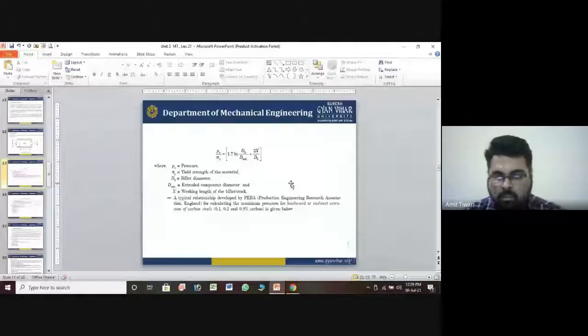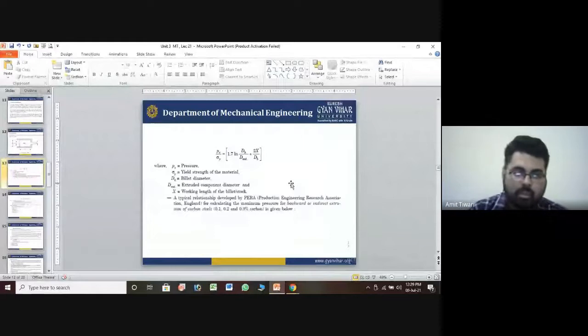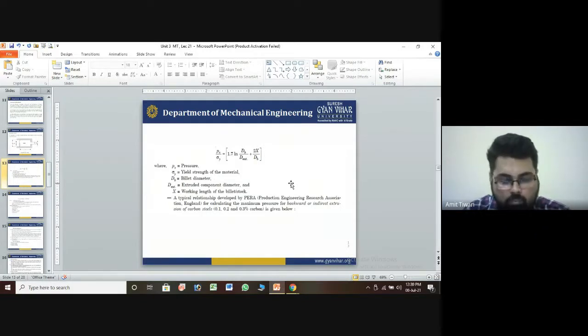So these are some different cross section areas given. You can put in the values and find out Px divided by sigma y. If you want to find sigma y, you can cross multiply the value. If you want to find the pressure, you divide or multiply accordingly. So these are the fundamentals we use to find the extrusion pressure on the workpiece material.